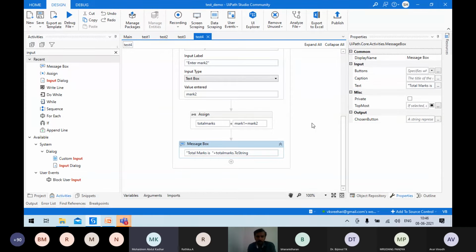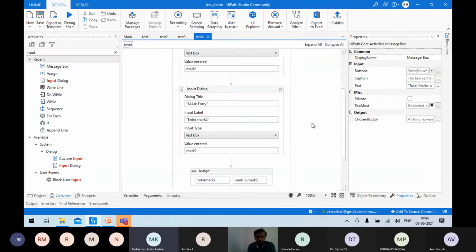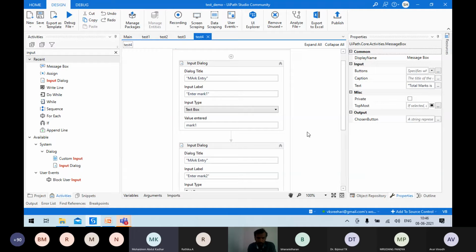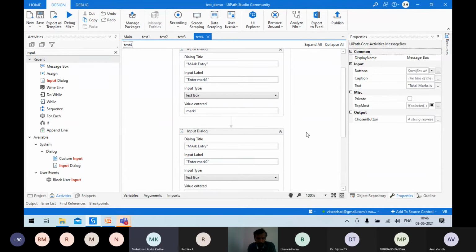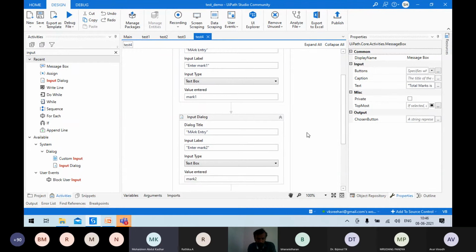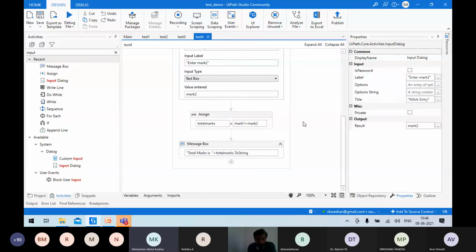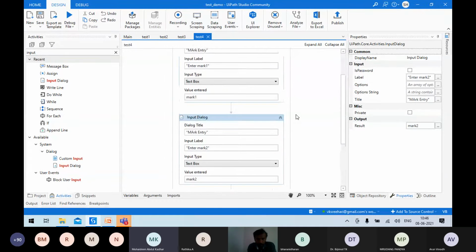Any issues? I have an error, sir. What is the error? Can you say? I think it shows that the argument is not declared. Which one? The compiler error. Mark1 is not declared. How do we declare that, sir?